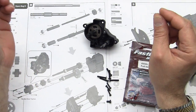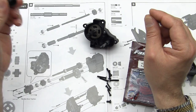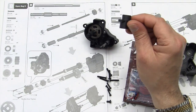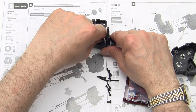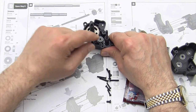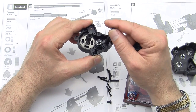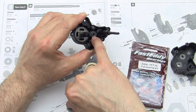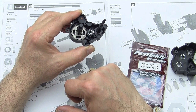And that, my friends, actually should have a bearing in it. Go ahead and press your last bearing, or we can actually even sit the last bearing down on top of the smaller gear in the center, just like that. So many different ways you can do this, but I just pressed this bearing onto the shaft of the smaller